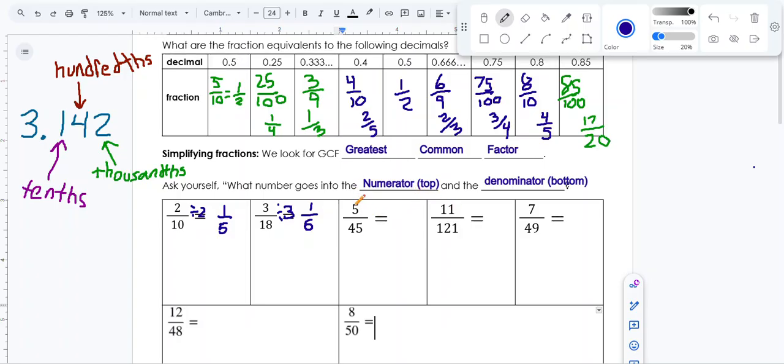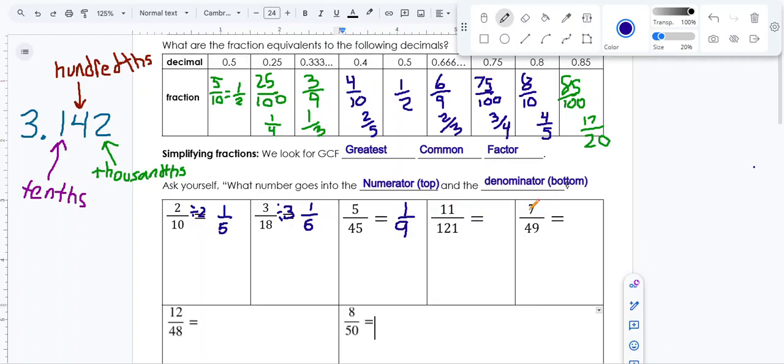5 over 45. Well, the only things that go into 5 are 1 and 5. So I can divide these by 5, right? 5 divided by 5 would give me 1. 45 divided by 5 would give me 9. So that'd be 1/9. All right. So you're going to see how you do it. You pick. These two are also just